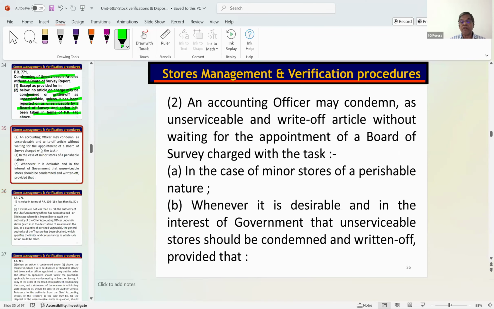Also, an accounting officer may condemn as unserviceable and write off articles without waiting for the appointment of a board of survey, but only in the case of minor stores of a perishable nature. පොඩි chance එකක් දීලා තියෙනවා board of survey එක නැතුව. මම ඉස්සෙල්ලා කිව්වා වගේ අපි හිතමු